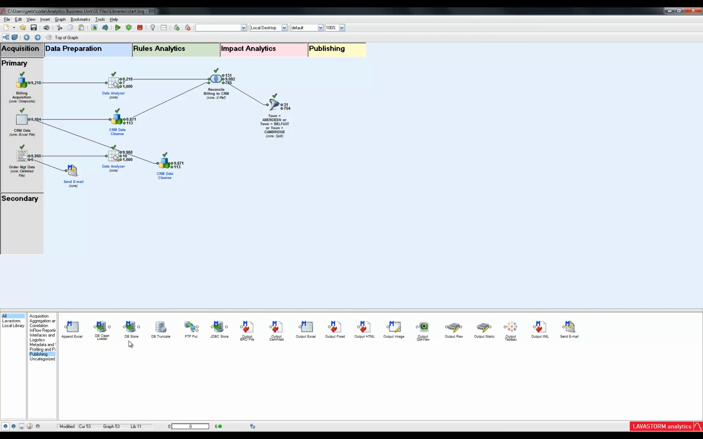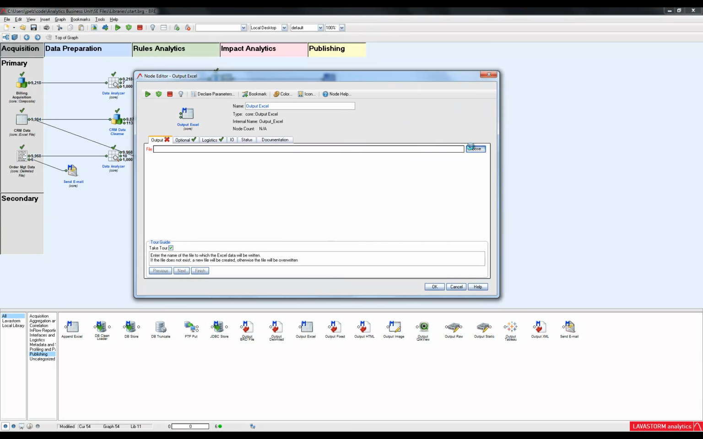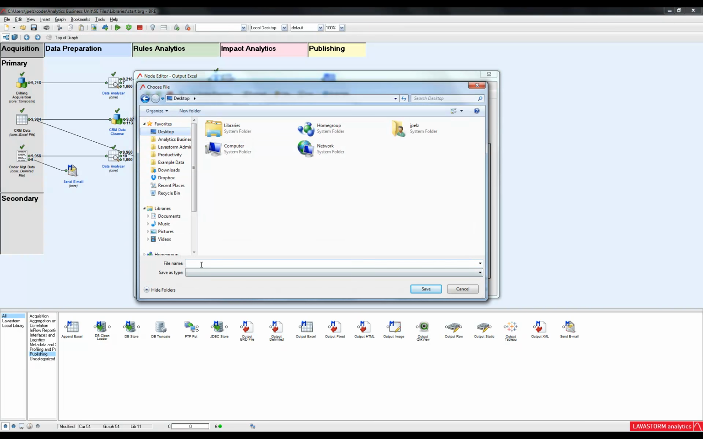So let's output some of our results to an Excel spreadsheet as our boss requested. So if I drag and drop the output Excel node up onto the canvas, and in this case I'm going to take the matches from our cross-reference, and I'm also going to take all of the customers that have been refined that are not in billing and input that into the output Excel node as well. And then if we open the output Excel node, we'll tell it simply that we're going to write this to my desktop, and we'll call this